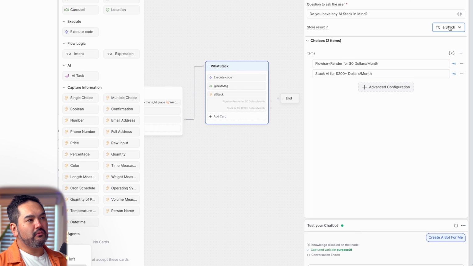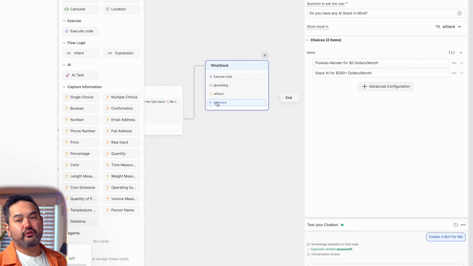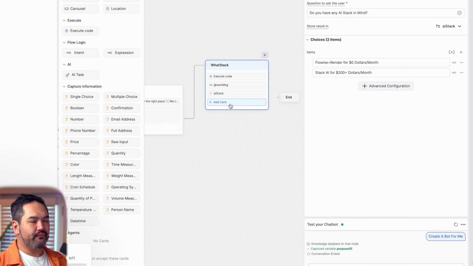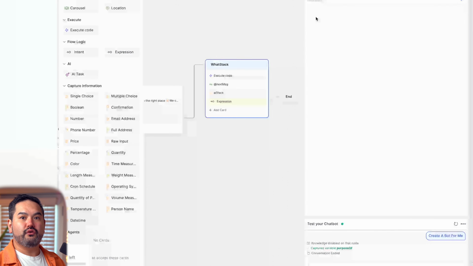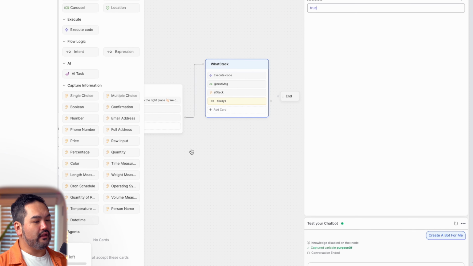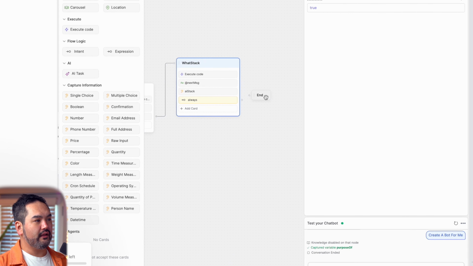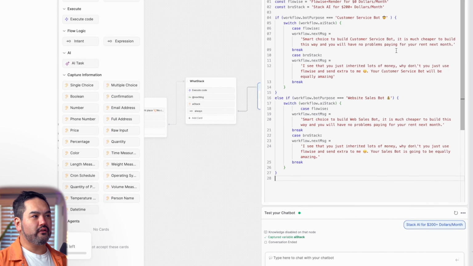All we want to do is just save this into the variable. The variable will be AI stack, right? And here there are no other different paths, but we want to move to the next card, or node, same thing. In order to do that, we need to have an expression that evaluates to true, which means that we're actually going to move on to the next step. We will use a switch statement. To actually try to understand how this works,